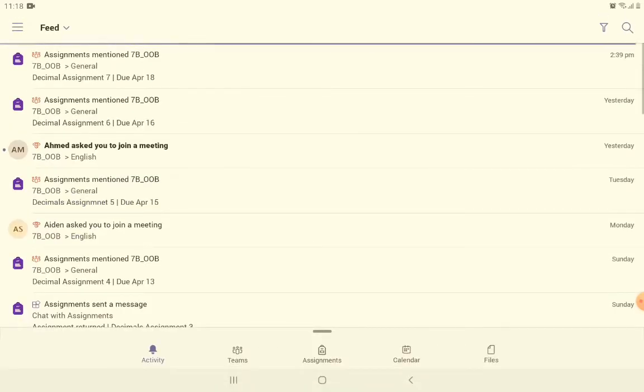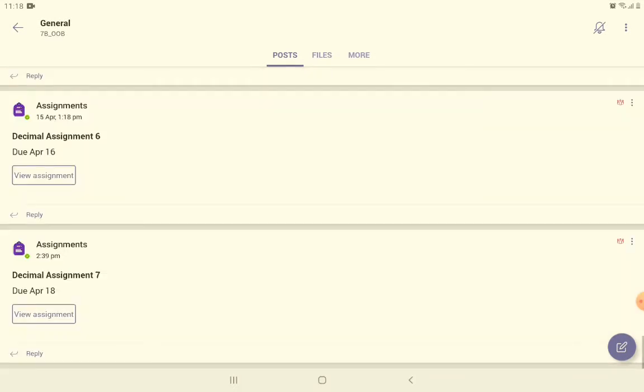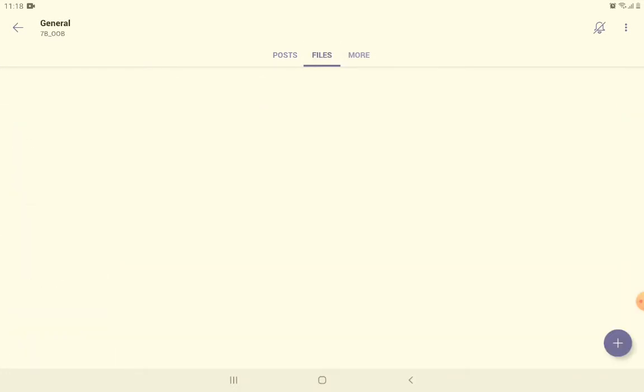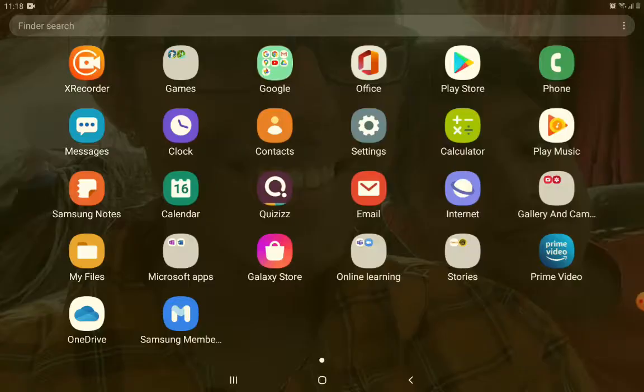And again, go to Teams, General, Files. Okay, Files, nothing more. When we go to Class Notebook, okay, I have downloaded that. I'll show you from there also.